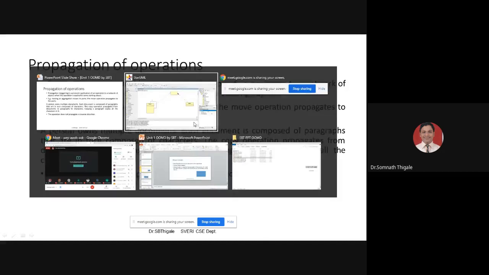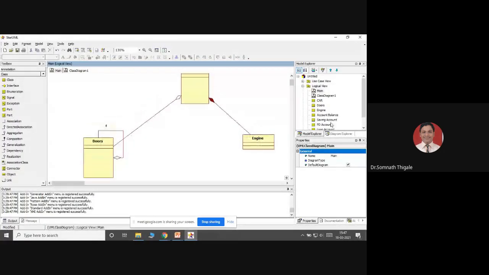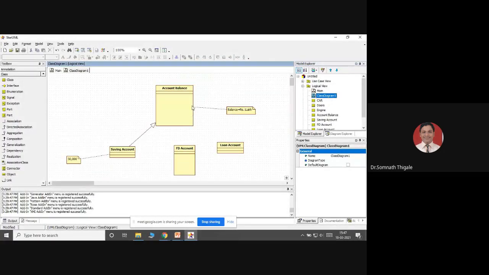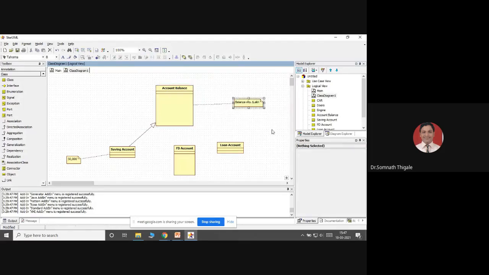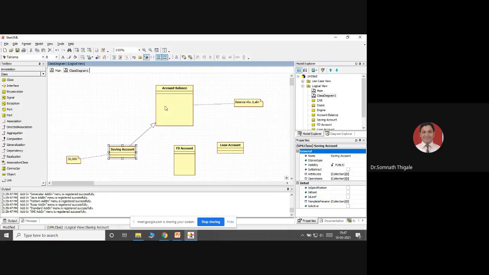For example, I want to check my account balance. If a saving account has 50,000 and the bank has given an interest rate of 6%, automatically my account balance will be increased after a particular period.